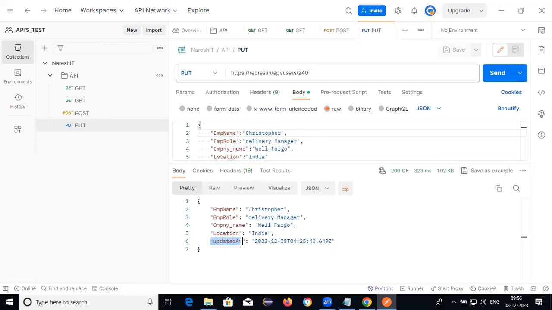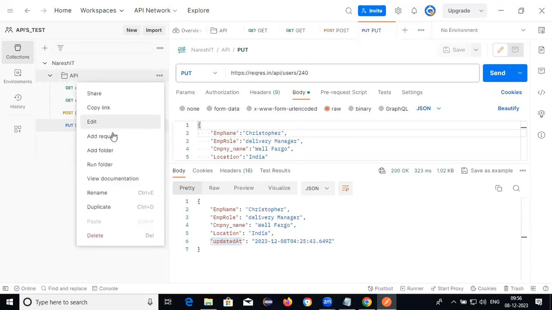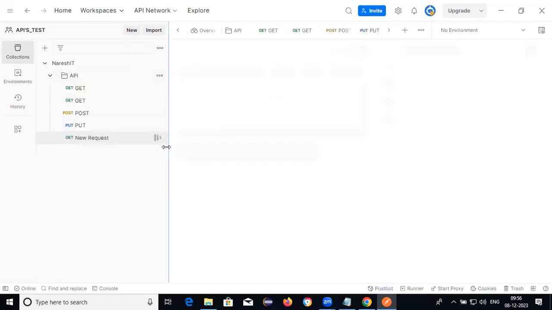Is it clear or not? Any doubt? If you want to delete the existing data, I want to delete 240.